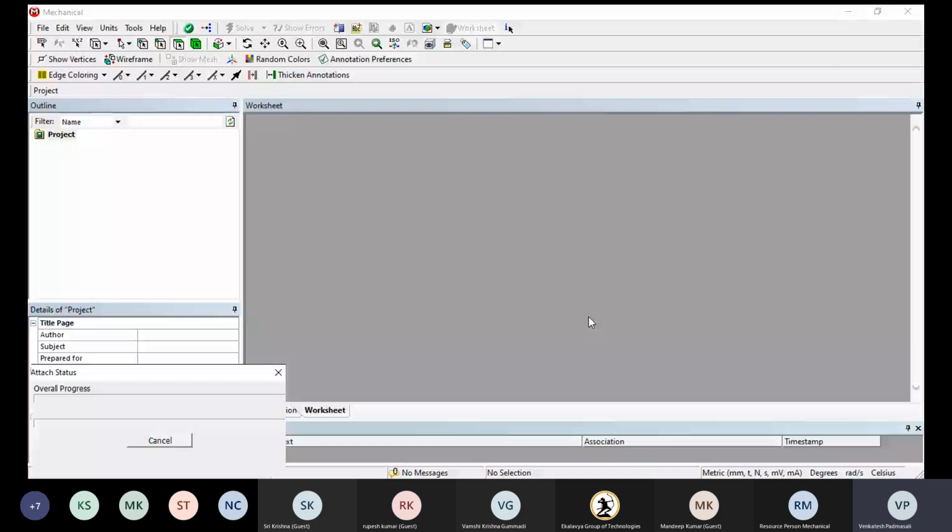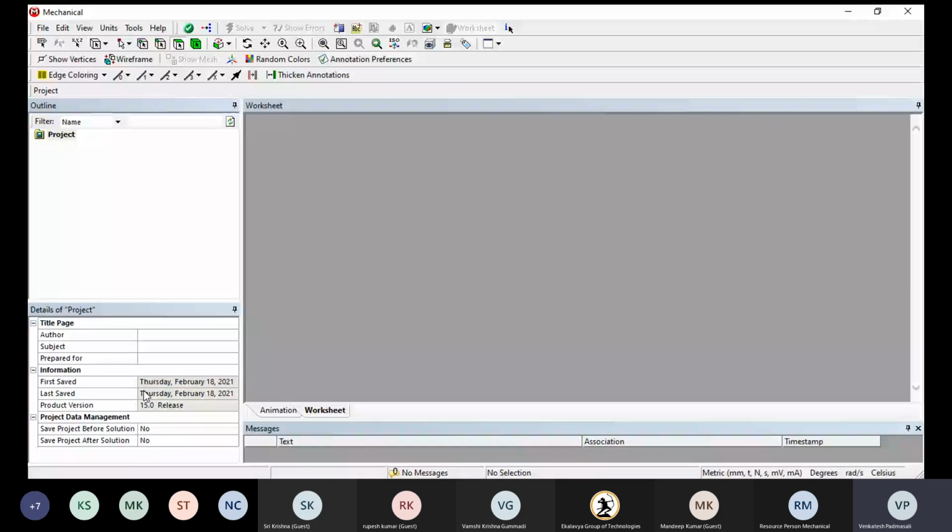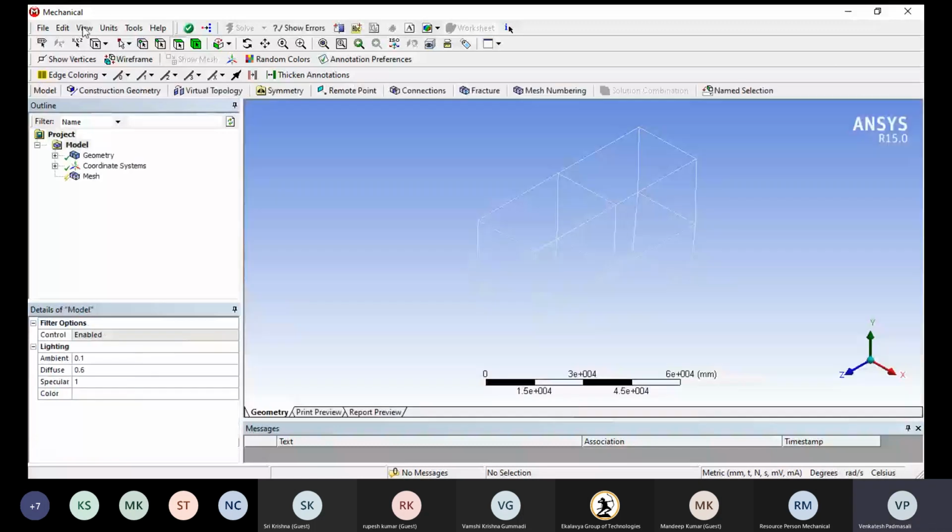So we need to run the overall progress at least once in a program execution time. Everyone will have to wait. Maybe everyone will observe here overall progress is going to run. Okay. There is a missing of identity. Let me wait. So there is an available.